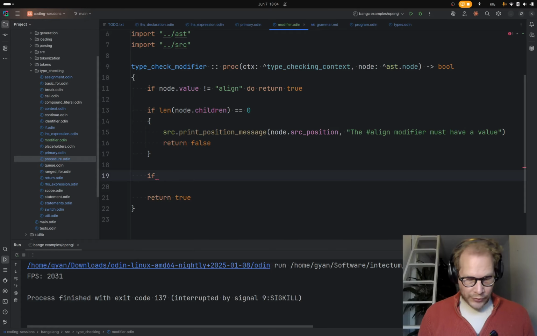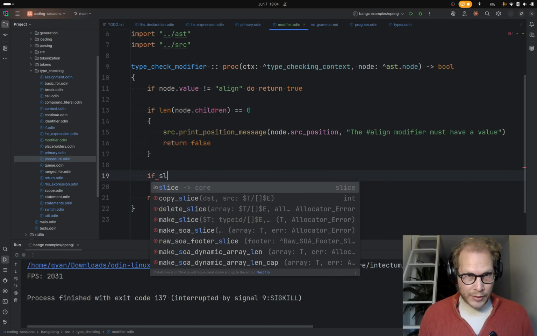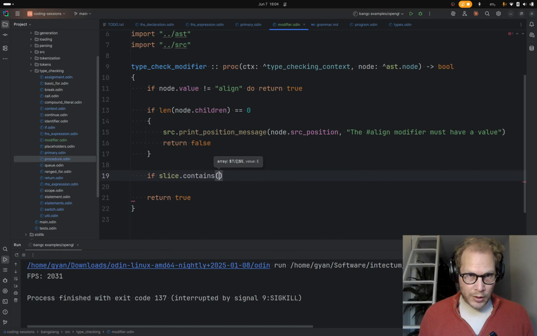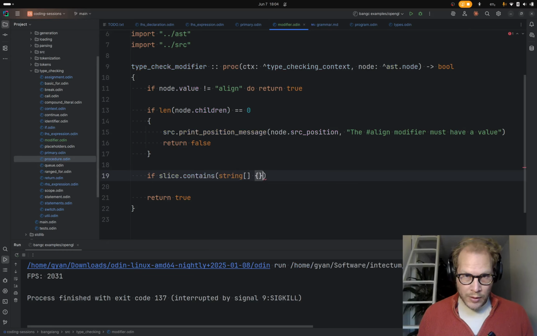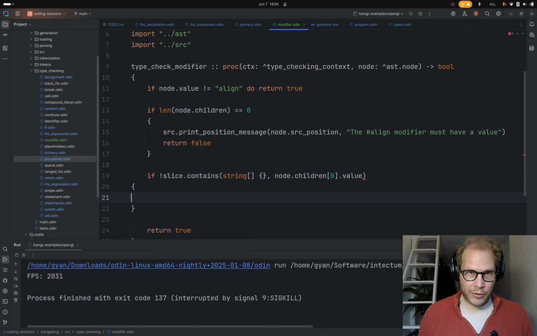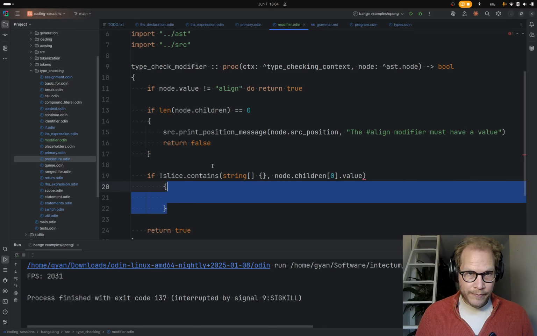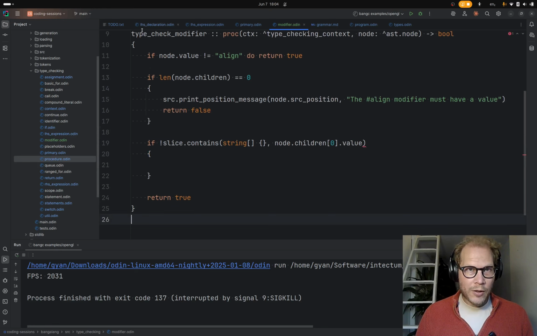And then if slice.contains the value of the first child, if the slice does not contain that, oh, the alignment.